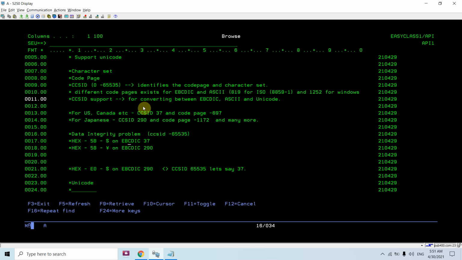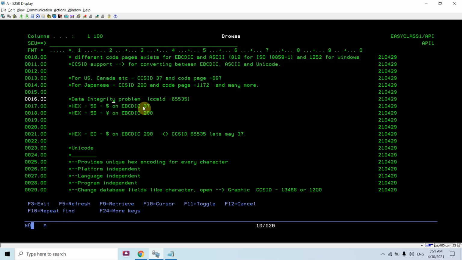And so that's what I was saying, that we have the data integrity problem. Basically, we are not able to maintain the data correctly because we are sending the data without converting them using iconv. So this is the case what I told you, that when the code page differs, it causes the issue. So this is one issue. There can be many characters, so I am highlighting only one here.